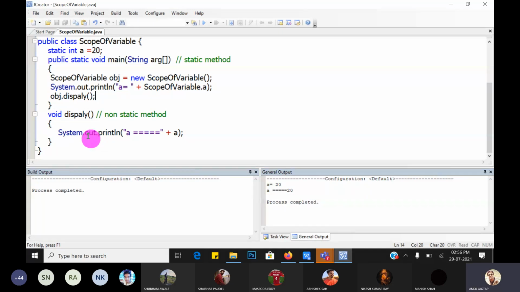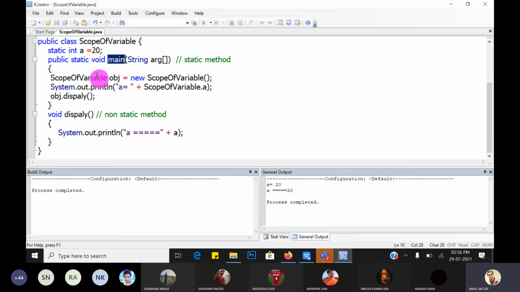So what is the rule? What is the grammar of the Java language? Inside the non-static methods, we can access static members or non-static members. But inside the static method, we can access only static data members or static member functions.